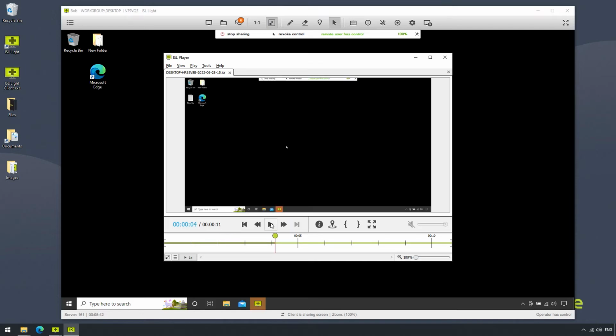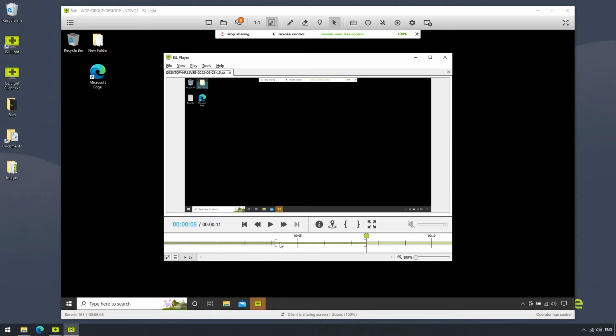If we would like to clip the video up a bit, we can use these tools here. The In Point button determines where the final video will start, and this Out Point button determines where the final video will end. Anything placed before or after these 2 points will be removed from the final product.